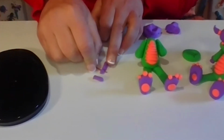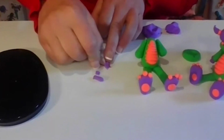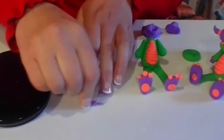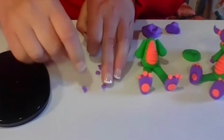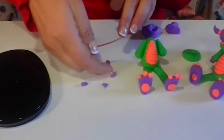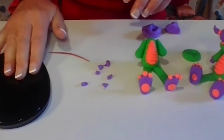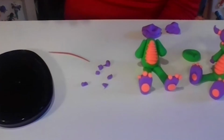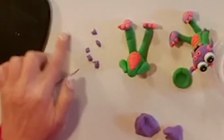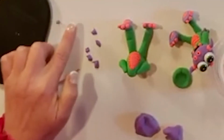So one, two, three. One, two, three. Like that. Okay, so we're going to roll each of these into little balls for the fingers of our mini monsters. So that's one,